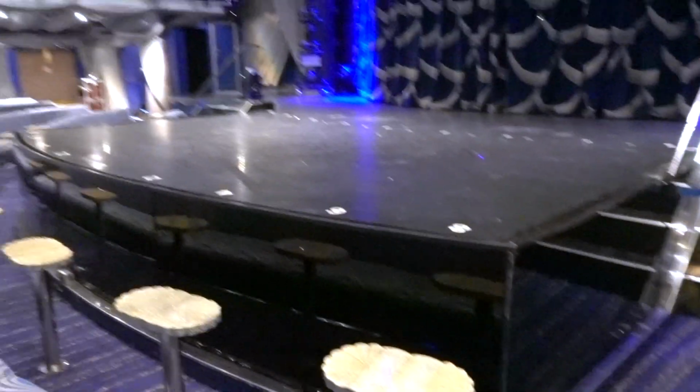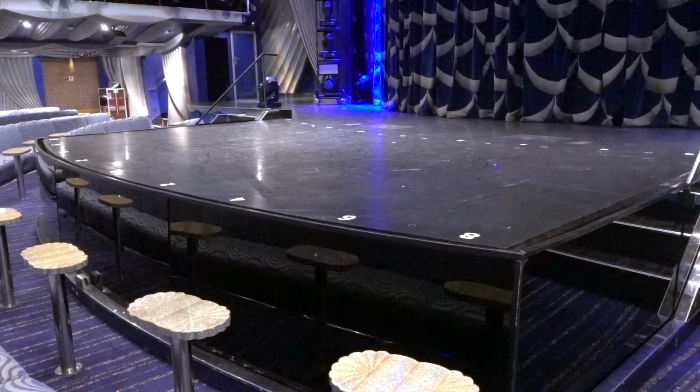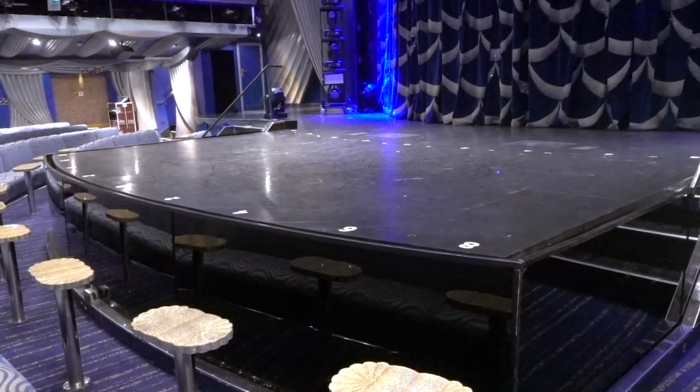Stage with a lot of different kinds of... They have lots of different kinds of...